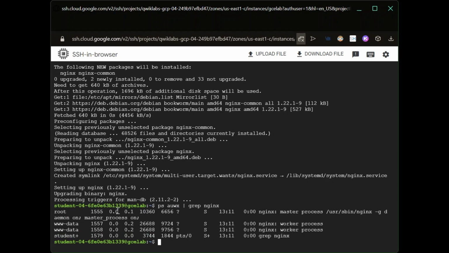Yeah, as you guys can see, the Nginx web server is now operational. So now we'll close this window and we'll create another cloud instance, but this time we'll be using the Google Cloud Shell.